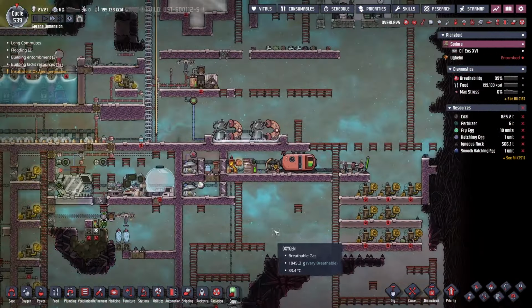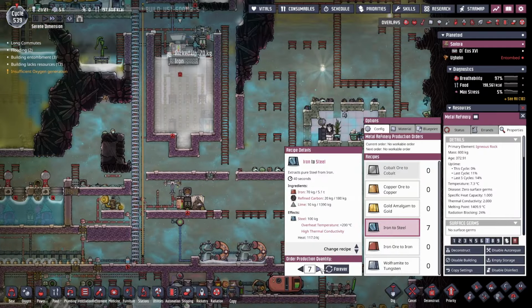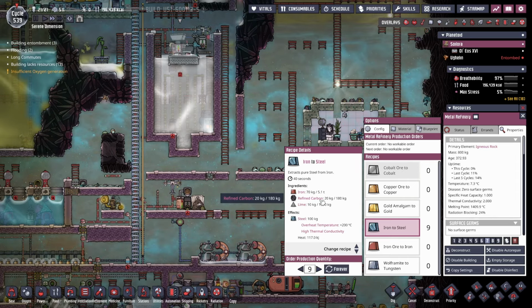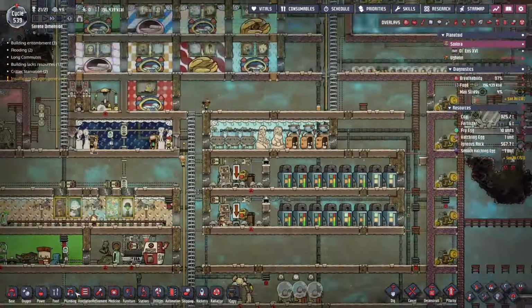It's gonna get too hot and then it's gonna get damaged and we don't want that. Okay, so we had some iron made. Let's make some. Oh, we can only do this 9 times. 9 times 20 kilograms is 180. So we need to make more refined carbon, and the only way to do that is